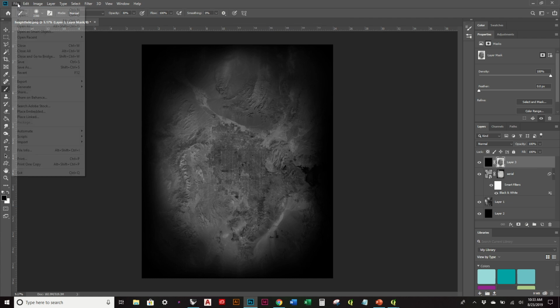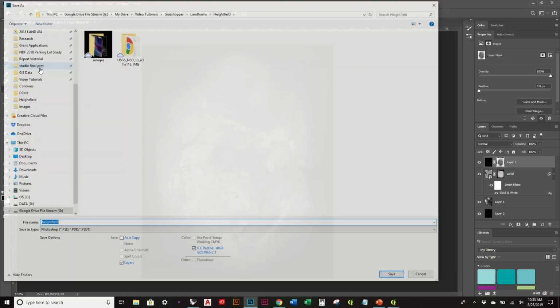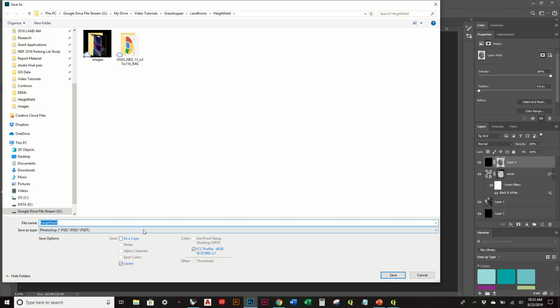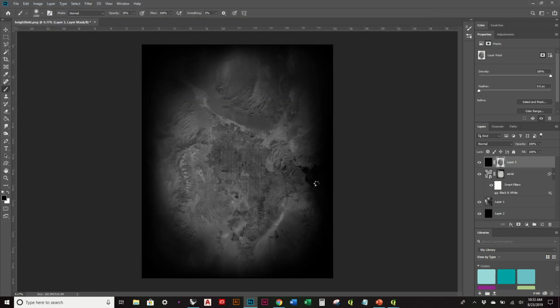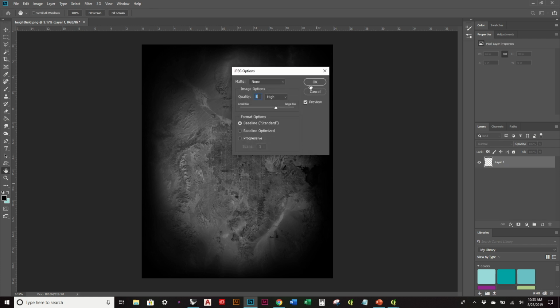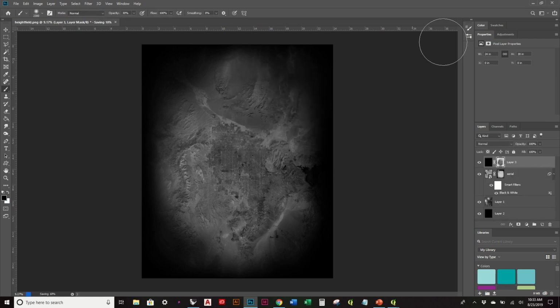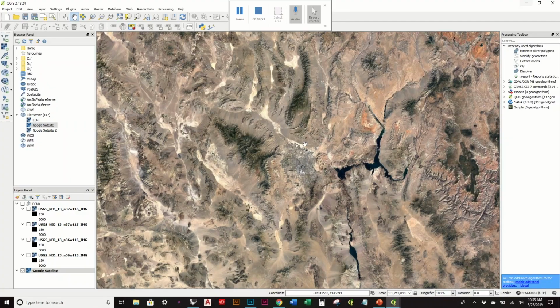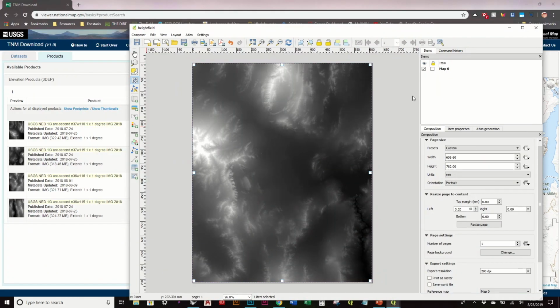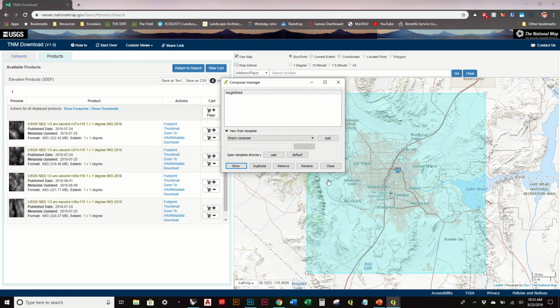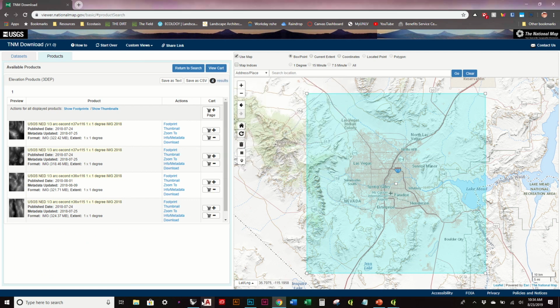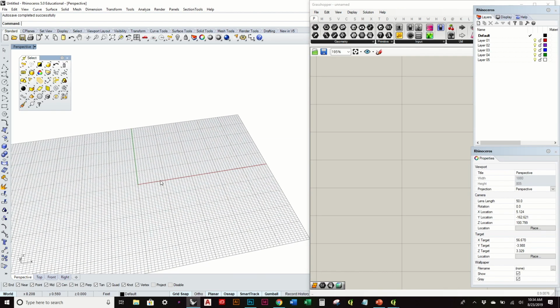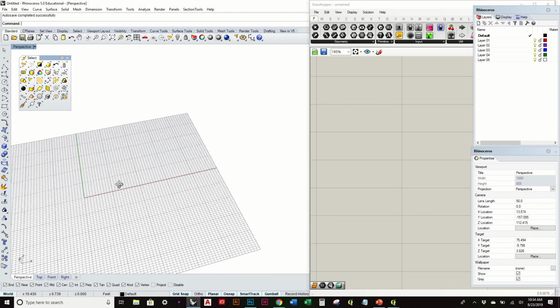Now I'm going to go ahead and save this as another image. And I'm going to save it as a JPEG. It's good to have the Photoshop file, but for this we'll just worry about the JPEG for now. So let's go ahead and remove that. We don't need QGIS either. So now let's go to Rhino